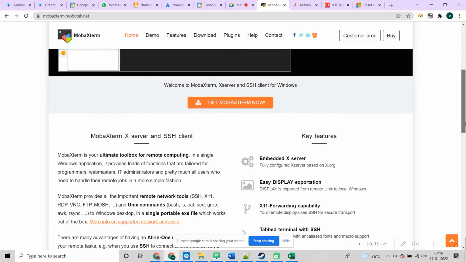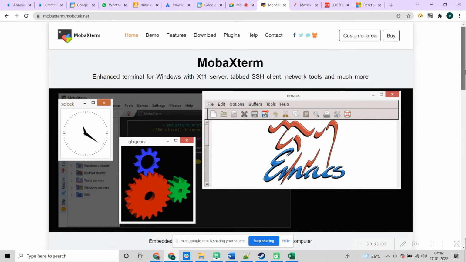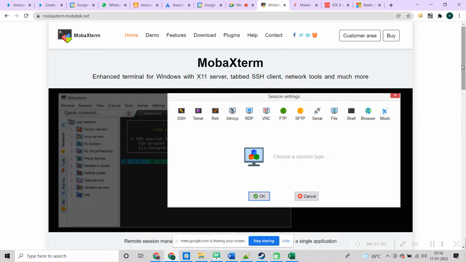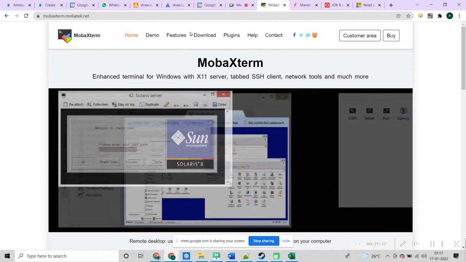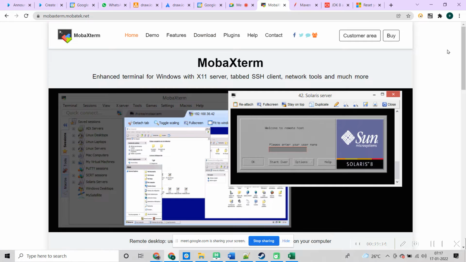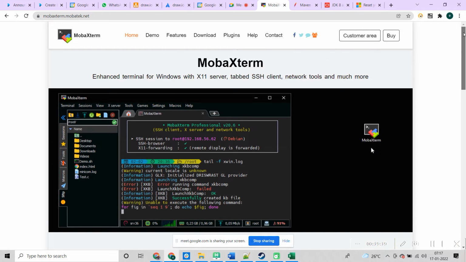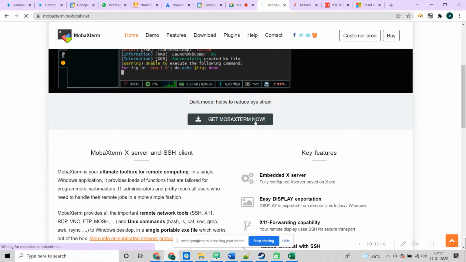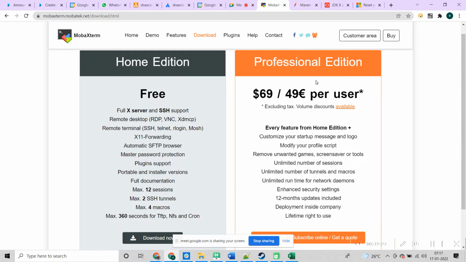Be careful: you need to download the personal option, the community version. If you go here, you will get the home edition and the professional edition. Don't go for the professional edition; it's paid, so no need to go to that part.